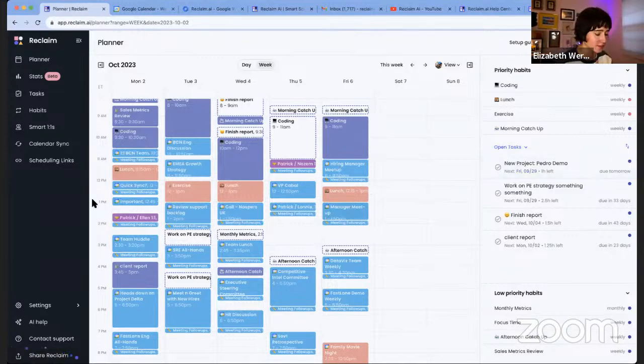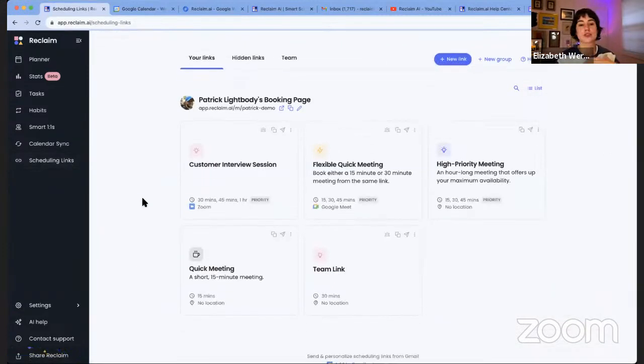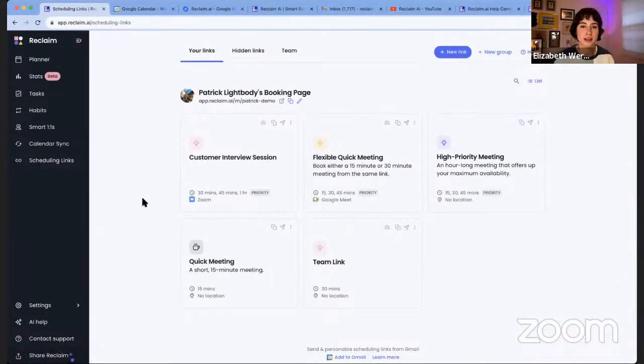So that's Smart One-on-Ones, excuse me. Scheduling links, on the other hand, which is one of our newest features, addressed sort of the booking meeting link dilemma that we really discovered from our users, where we have these meeting link options, these tools that already exist, but there was a big hole where certain features didn't exist and there wasn't capability for. So Reclaim created scheduling links, which